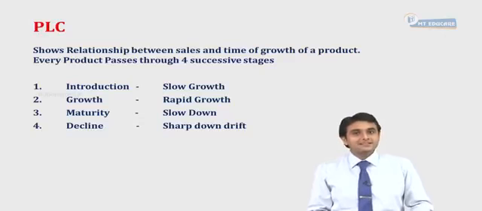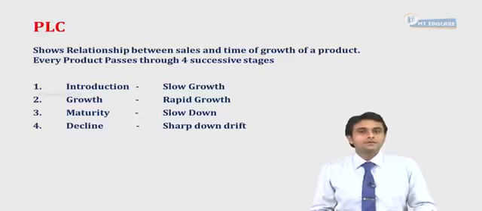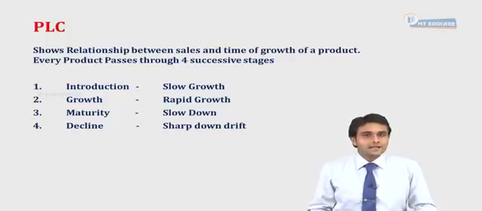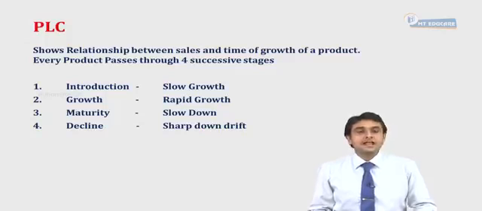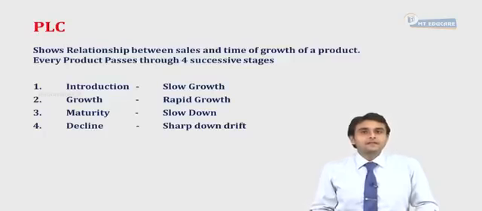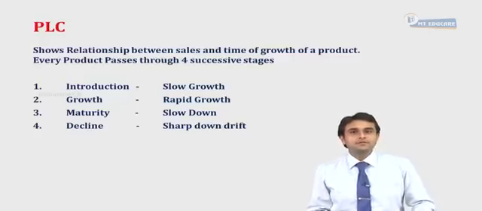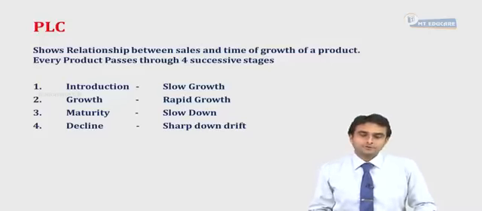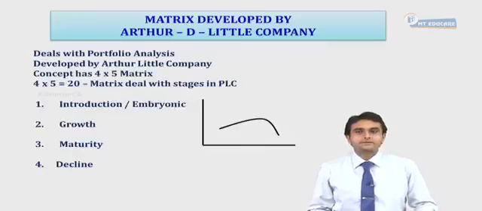At the maturity stage, there is a severe need to come up with an innovation or a modification in the product so as to take the product to its former glory, in the absence of which the product faces a decline stage and ultimately death. So this is one of the simplest ways to do product life cycle analysis, and these methods are obviously suitable for a business having multiple products, because when we talk about product portfolio analysis, this is more suitable and more preferable by businesses having a variety of products to offer to the public.